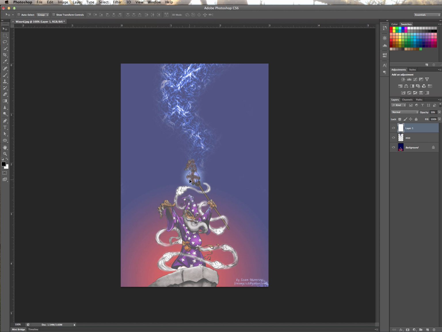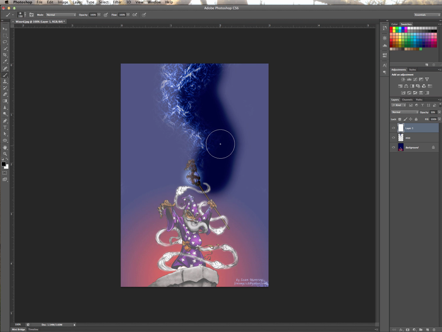So to make that happen, remember, the lightning is made on the edge of contrast where the white touches the black or that gray faded area. So to do that, I'm going to use my brush. Remember that side there, I'm going to make it come down the center of this plume. So come here, click and hold, and just keep it. I'm not even really paying attention to the black that's painting. I'm just looking at the edge of my circle. And I just keep it in the middle of the